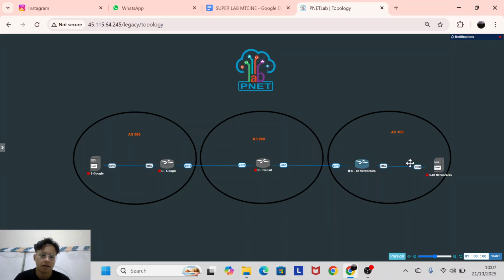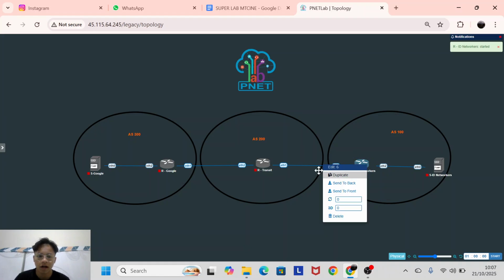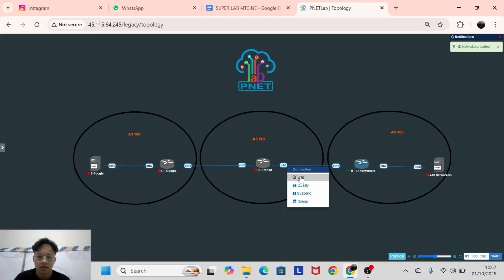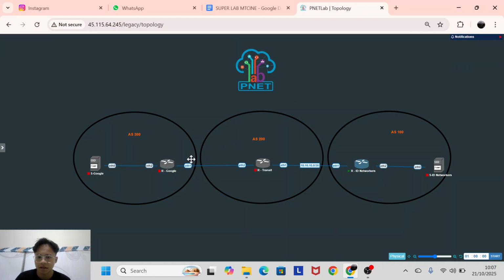And before that, I can write our IP. Yeah, we can set our IP in here. I give this 10.10.10.0/30. This is just for example. Yeah, this is a simple IP.